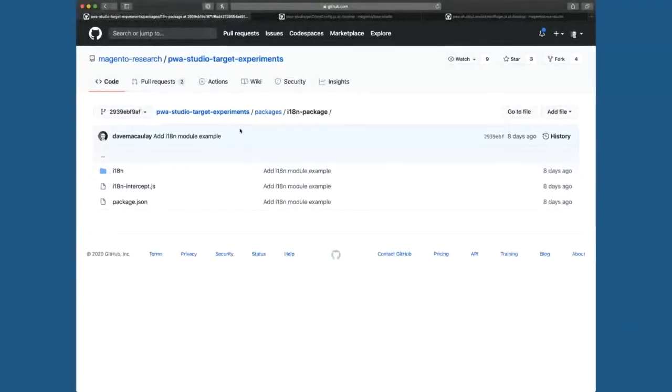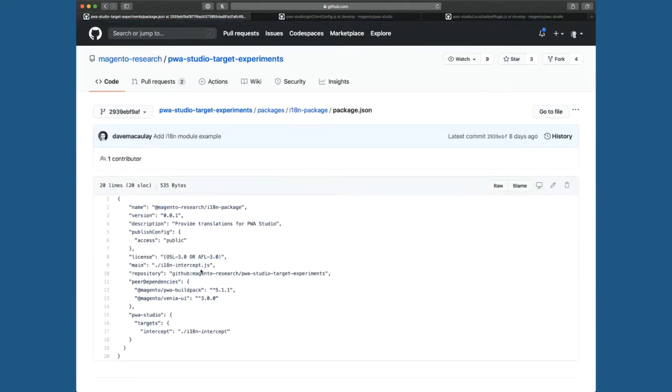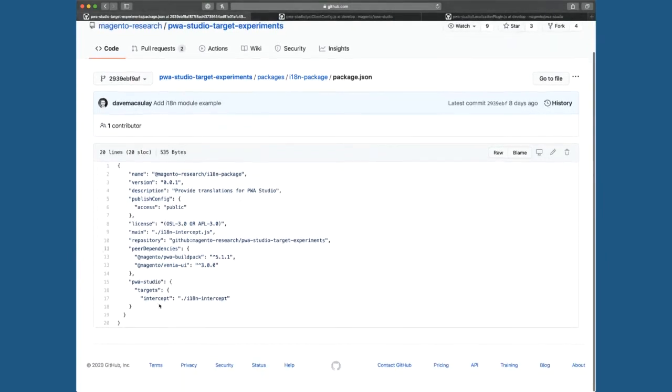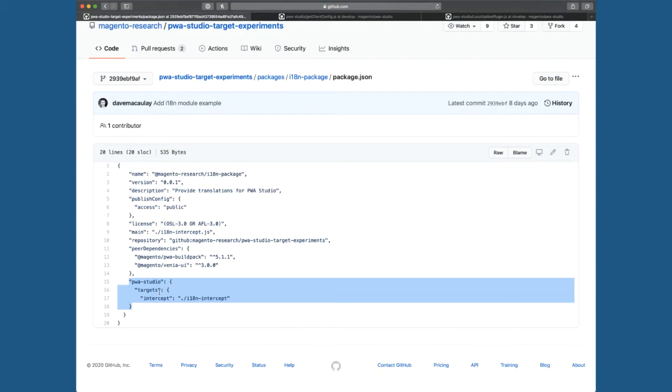So to start, I'm just going to show a really small example NPM package we created, which illustrates how the I18N extensibility works. So this is the bare bones of what this package could be. You can actually implement this in any NPM package you already have, if you already have supplementary packages to your scaffolded project or your fork. It uses the extensibility framework. So the only special source in the package JSON is the PWA Studio targets entry, which declares an interceptor at